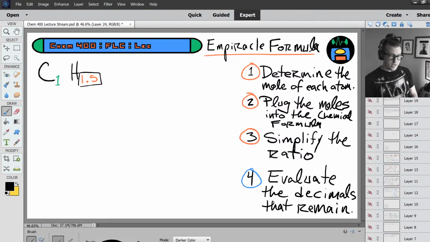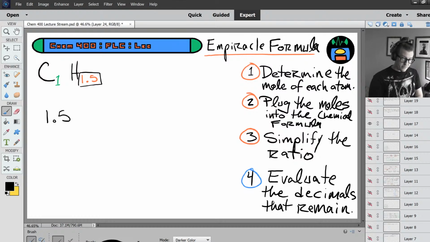All right, well, you can't round it. You can only round if it's really, really close to an integer. This is not. It's somewhere in the middle. So you have to ask yourself, what's 1.5 as a fraction? Well, 1.5 is 1 and 1/2. What's that as an improper fraction? Well, that would be